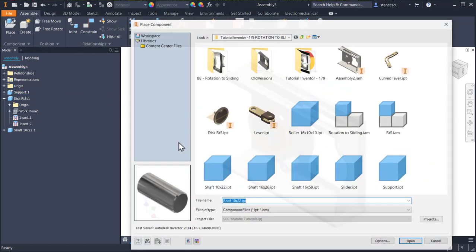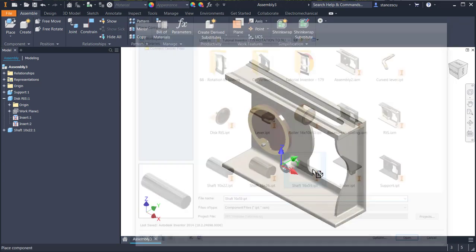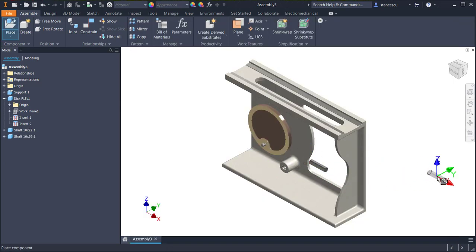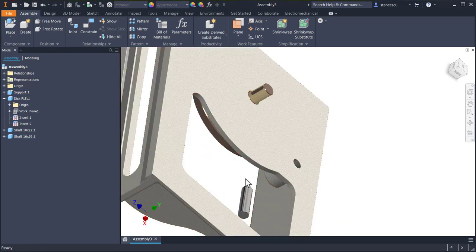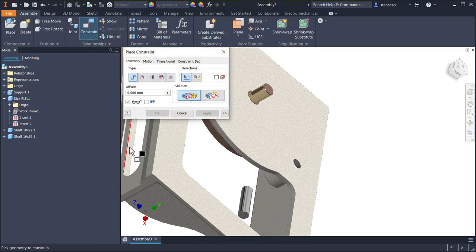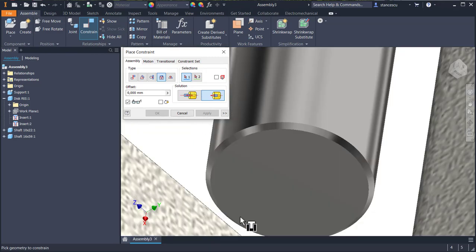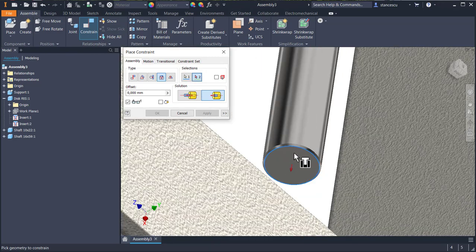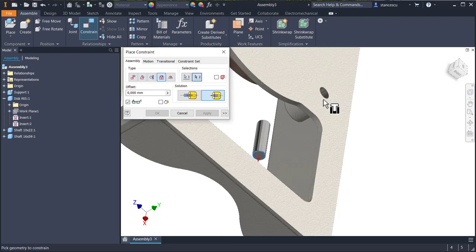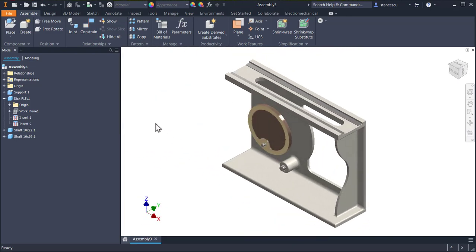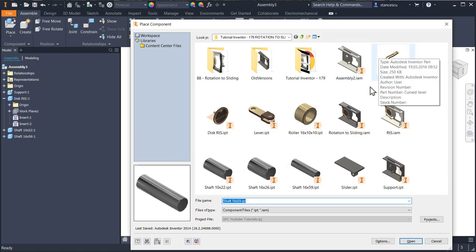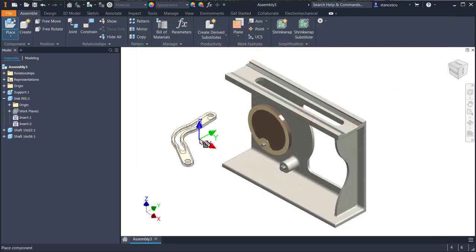Another component is the long shaft, this one, which we want to be placed here. Also applying constrain, insert, solution 2 of this circle to be placed here. Okay, then place the curved lever, which is this one,